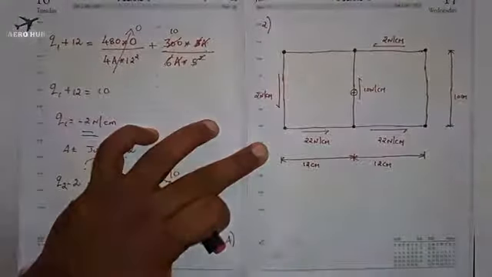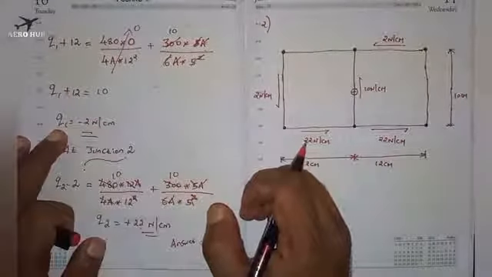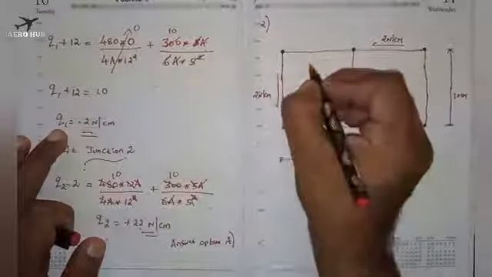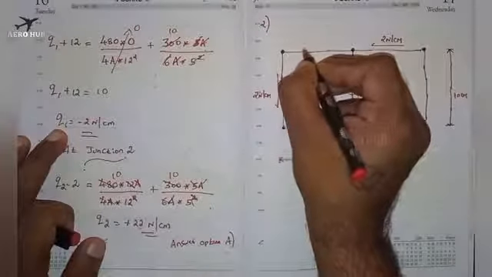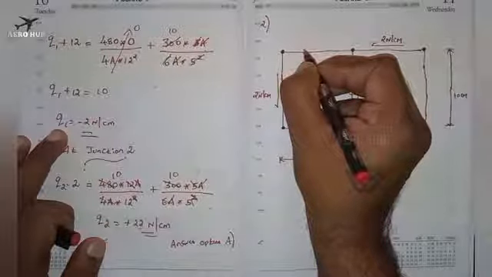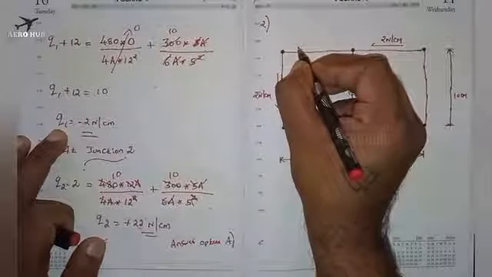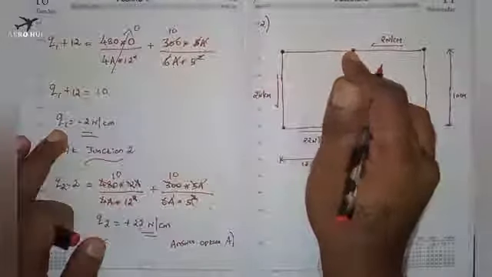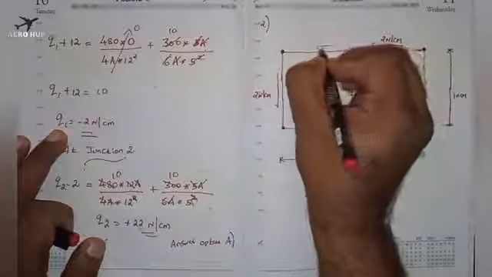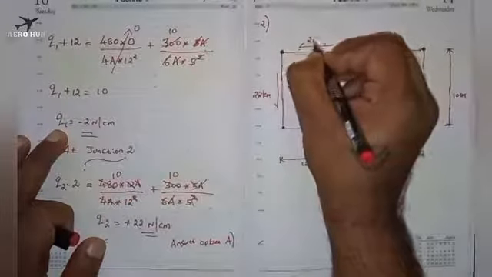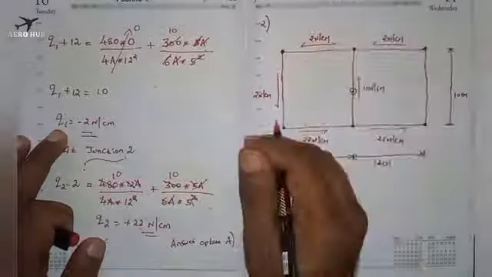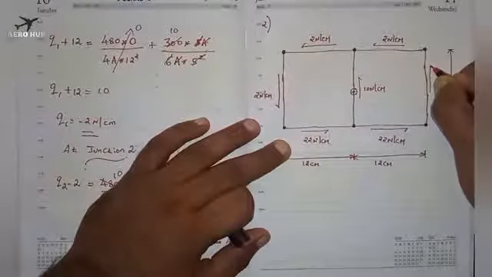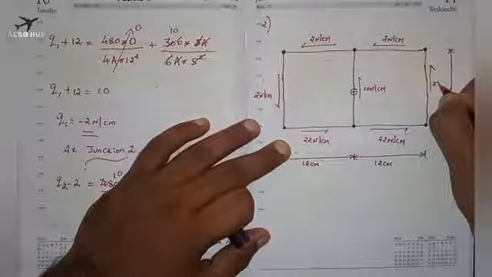And to find out the total moment acting on the entire section, I have drawn the same diagram, and we have found out the value of q1. We got the value as minus 2 Newton per centimeter, and the initial direction was towards junction number 1, so we got minus, so the final direction of the shear flow is 2 Newton per centimeter towards the left side. Okay, and the value of q2 was positive, 22 Newton